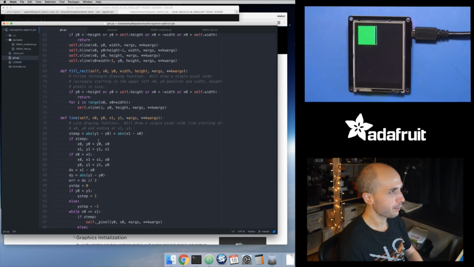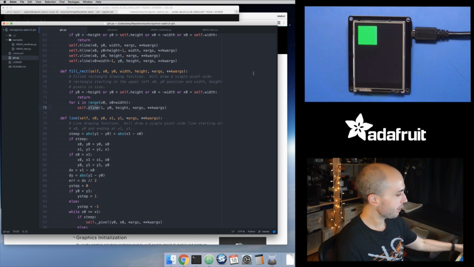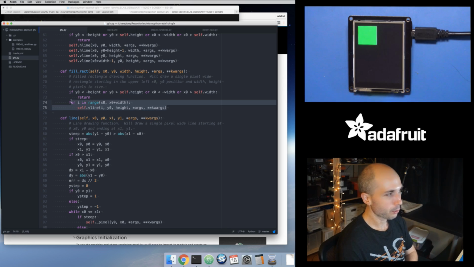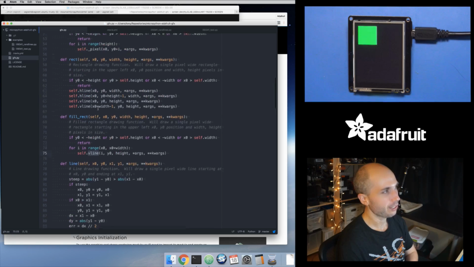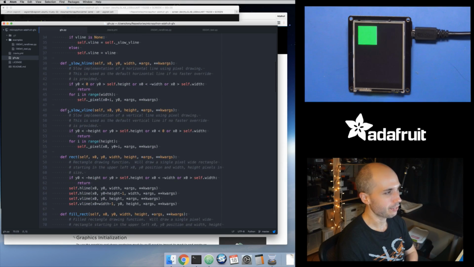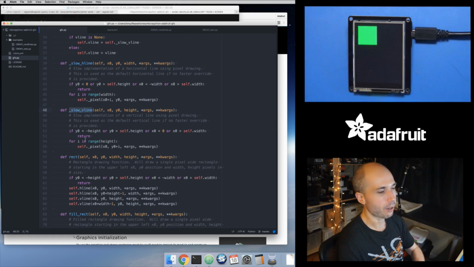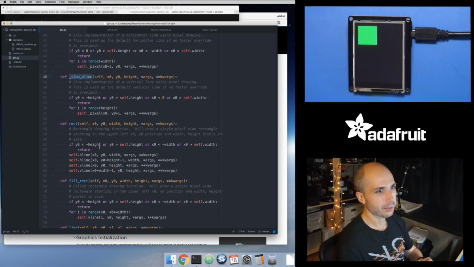So if I go down to the fill rectangle function, what it's doing is it's actually just going through each of the columns. It's drawing a vertical line, and you could actually see that draw each of these lines across here. So this is just pure Python code that's powering this right now. And this vertical line drawing function is actually also pure Python code. It's this slow vertical line function right here, where it just goes through each of the pixels in that vertical line and turns them on individually. Now, I'll come back later to explain more about why that's slow and how you might be able to speed it up, because